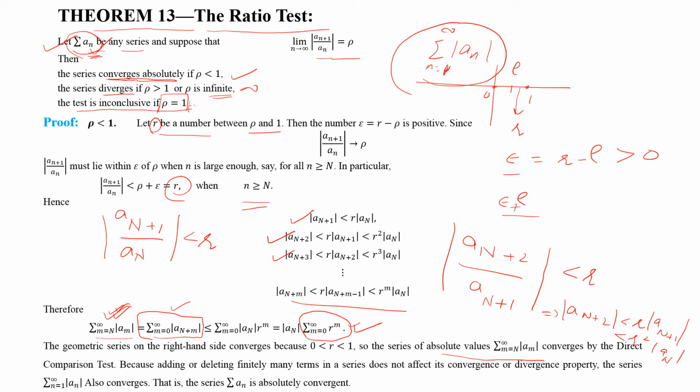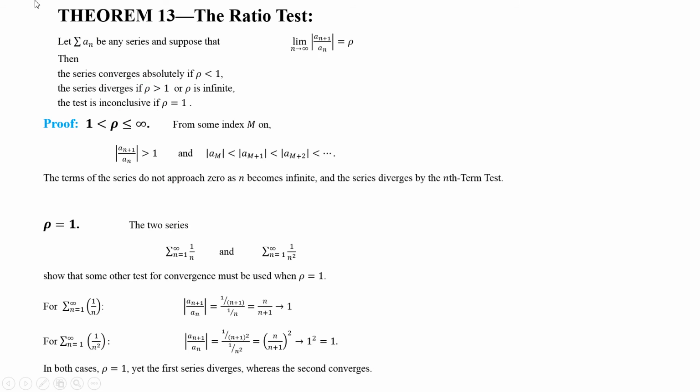So this is all about part 1. When rho is less than 1, we see that this series is convergent. Now let's discuss the other possibilities, that is rho greater than 1 or infinite, and rho equal to 1. So if rho is greater than 1 or rho approaches infinity, then what happens? Then this ratio is greater than 1. And if this ratio is greater than 1, in fact,